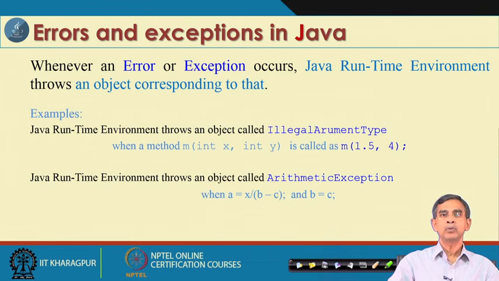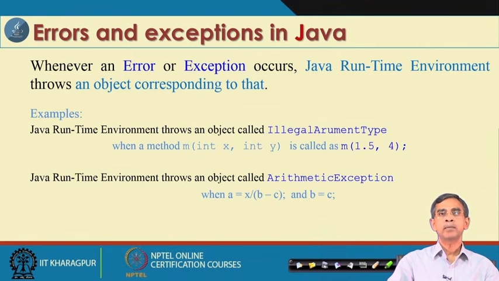As a way out, Java provides a mechanism called handling errors and exceptions in Java programs. Who will do it? Definitely the compiler does not, the compiler only checks syntactical errors, which it reports as compile time errors. But this is the error and exception which occurs at runtime. I should not say exception at this stage, because I have not discussed exceptions yet. I can tell only error. This is checked by the Java runtime interpreter environment, the Java runtime system.